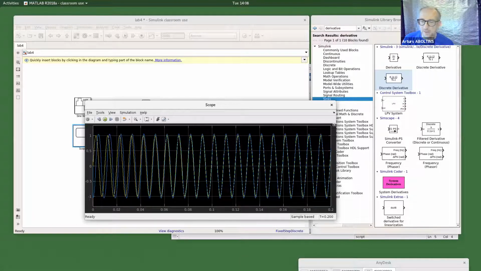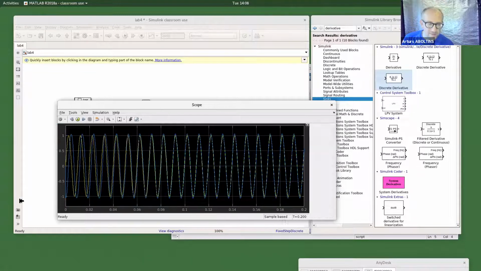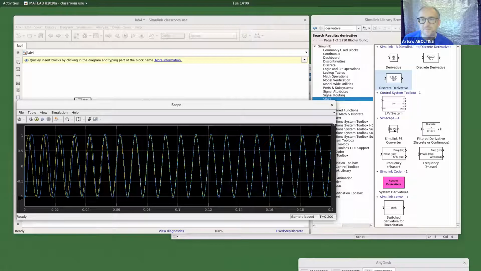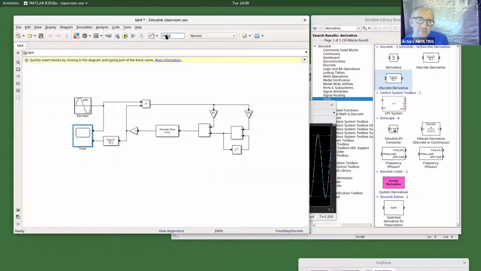We could simulate just 10 periods, but we need maybe to have better control. You see, the amplitude is a little bit different, but it's enough that we could compare that indeed it synchronizes. And also maybe if you put a longer simulation time, like 200, yes, then it will